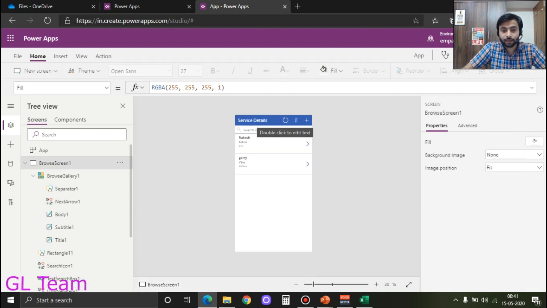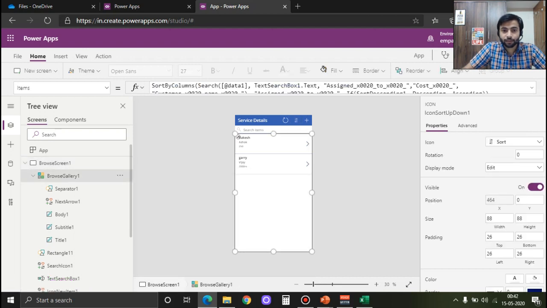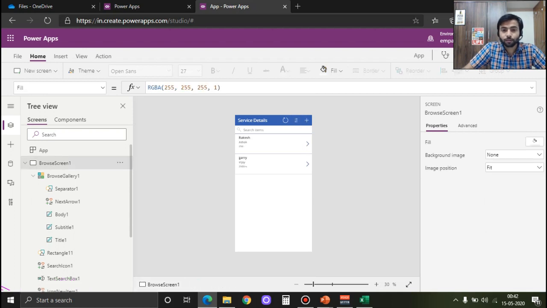As you will see, the name has changed to service details. I can add another item to it, and I can also alphabetically arrange them in different order. Let's say if I click this, I'll see G on the top, and then again I click, I'll see R on the top. So this is the preview of our app.